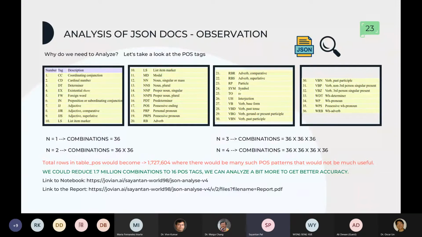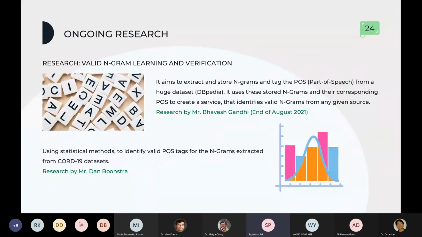This was the analysis that I did, and these are the ongoing projects that I was talking about. One of the projects is being done by a research member of our group, Mr. Bhavesh Gandhi. He is processing and extracting the n-grams and the POS tags from a huge dataset known as DBpedia. It is kind of similar to Wikipedia, and it contains 5.2 million chunks of text.